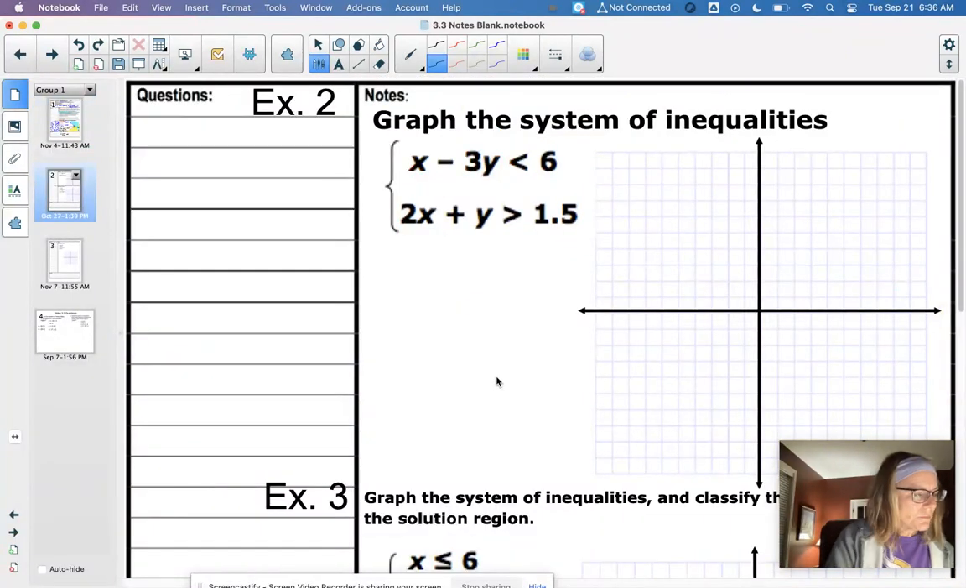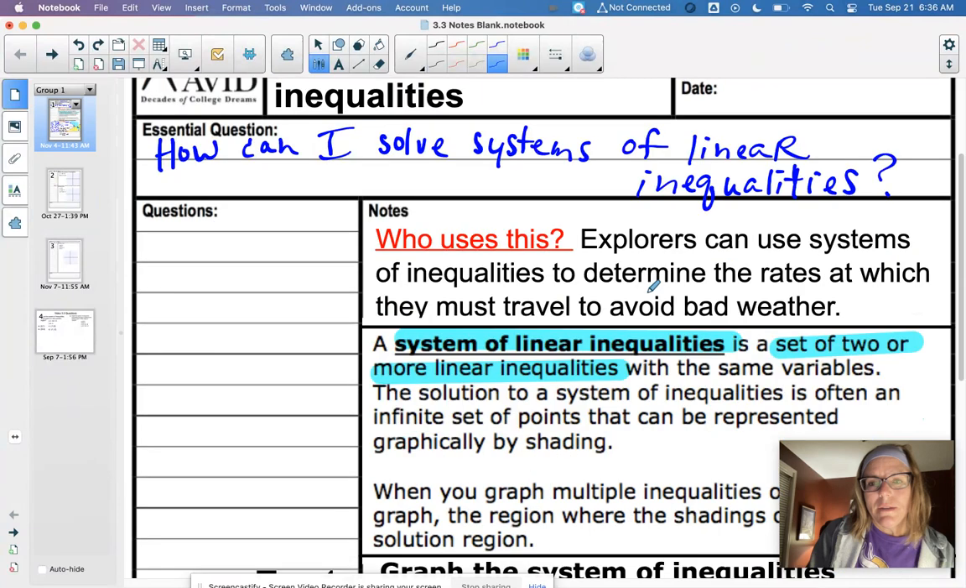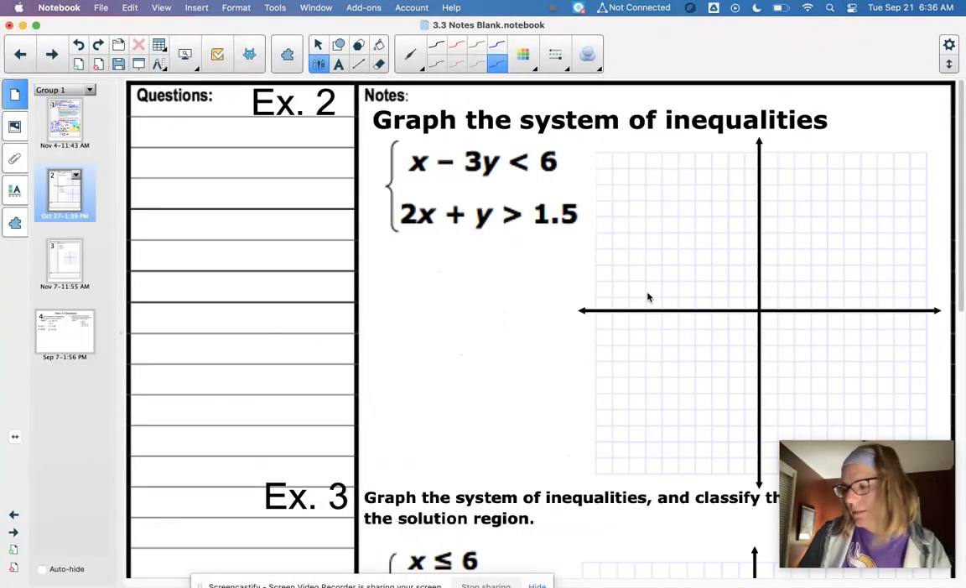Example 2. Graph the system of inequalities. Well, on example 1, they were both in slope-intercept form. They're not. And I can't graph without them being in slope-intercept form. So the first thing I'm going to do is